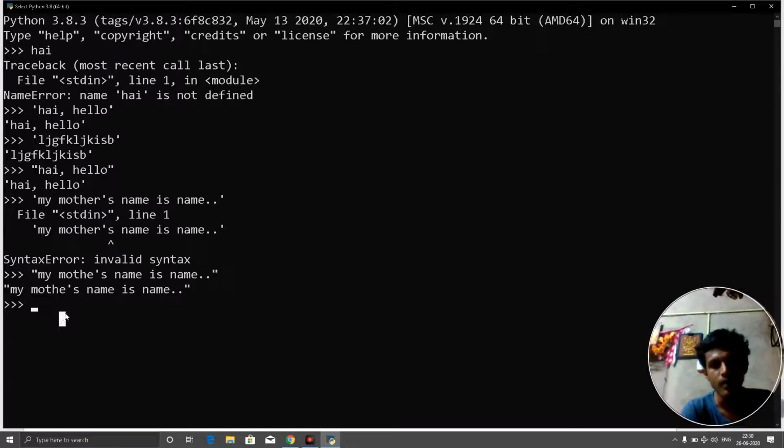Okay, I'm repeating again. If you want to write single quotes inside a string, then you can use starting double quotes and ending double quotes, and write your string in between those quotes. And if you want to write a double quotes statement, for example, I will type now: he said hello to me.